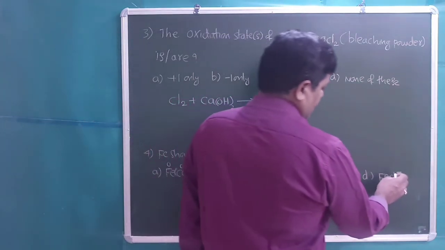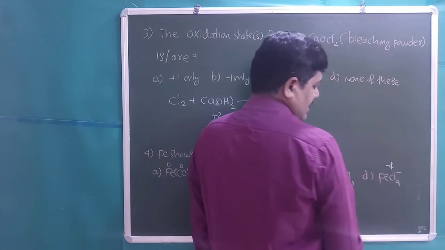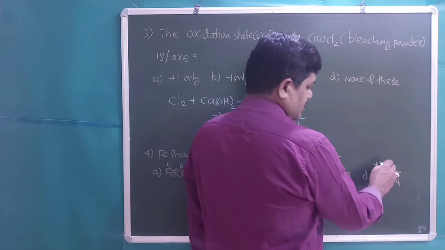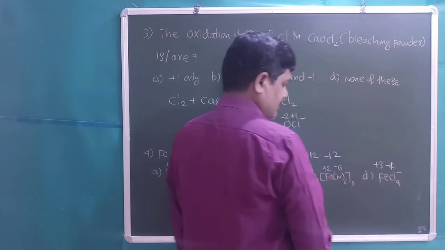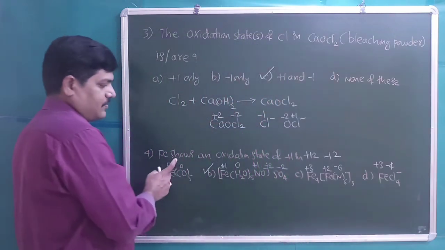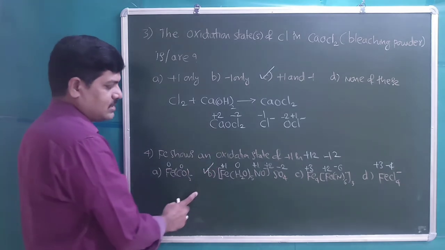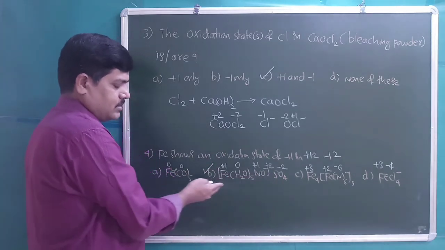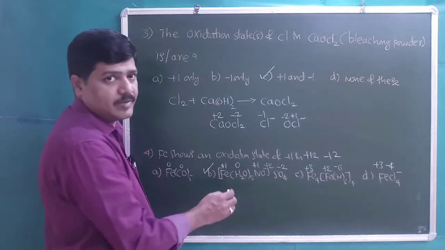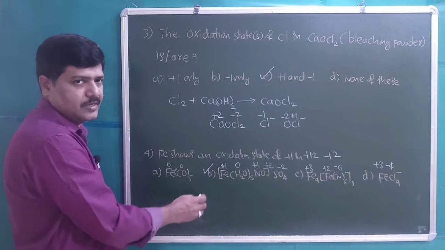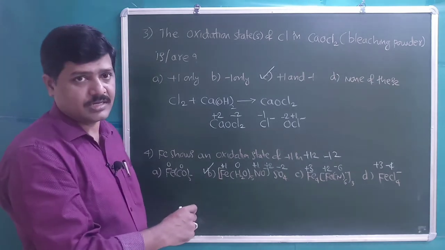Here Cl is minus 1. Minus 1 into 4 is minus 4. Then the oxidation state of Fe should be plus 3. Plus 3 minus 4 is the charge on the ion, minus 1, it is matching. So they are asking Fe shows an oxidation state of plus 1 in, that is in the B option, the complex which is formed in the brown ring complex, which is formed in the detection of NO3 minus ion. Let us take one more question now.